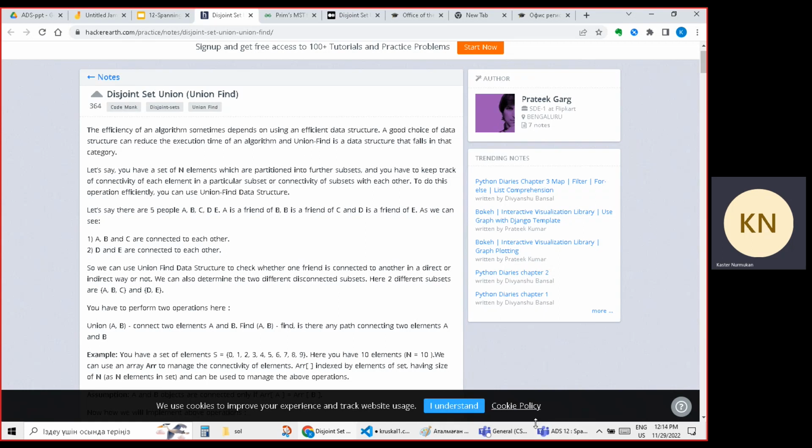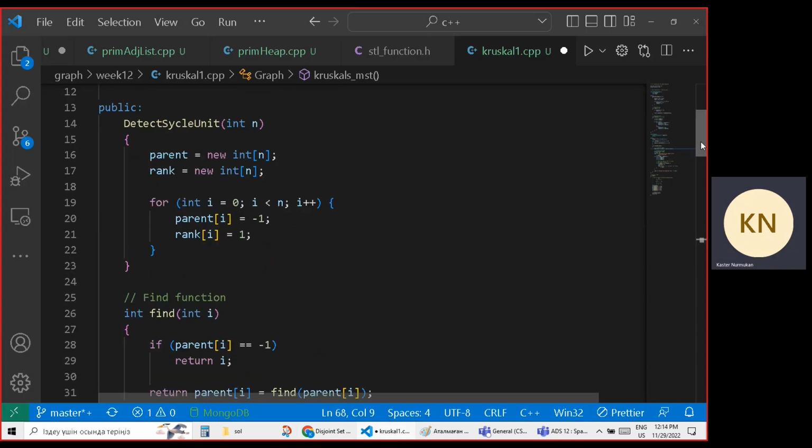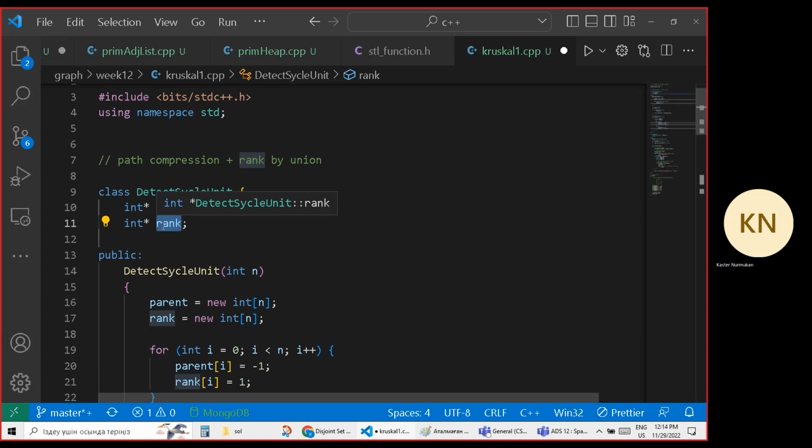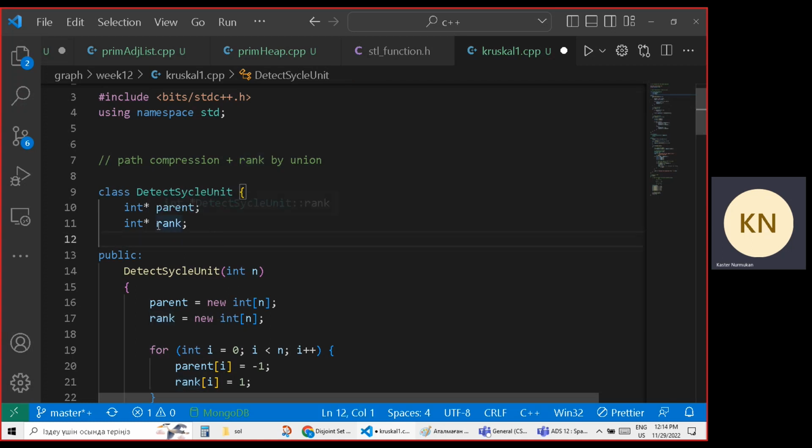In our case, we used parent and rank. What does the rank mean? The height of the tree. Do you remember what the height is? So you can think that the rank is the height. At the first, you can